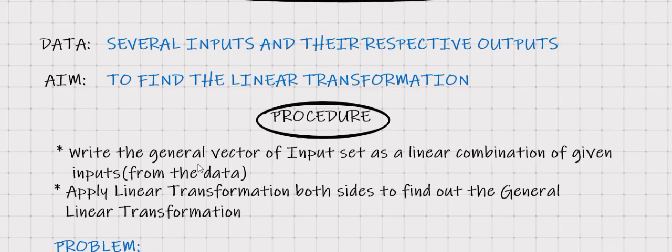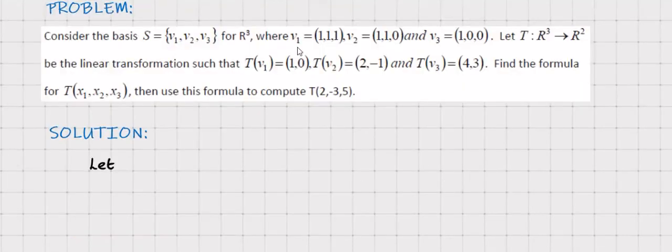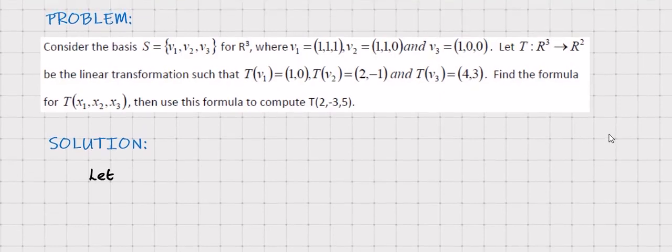You should write the general vector of the input set as the linear combination of the given inputs. Let us write it first. What is the general vector in the input set? The input set is R3, so the general element will be represented as x comma y comma z as 3-tuples. So I am writing x comma y comma z